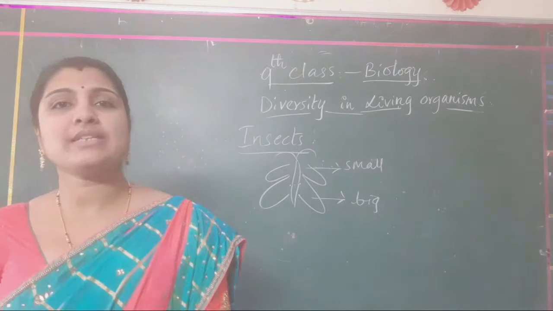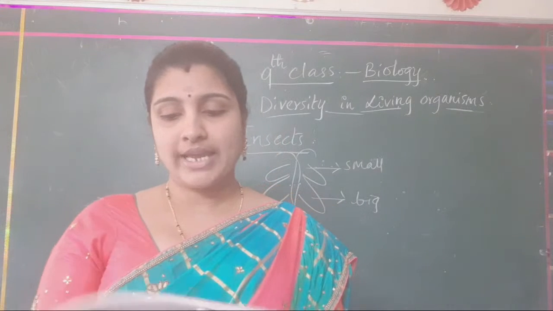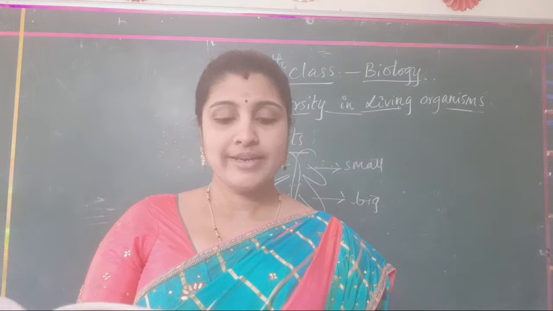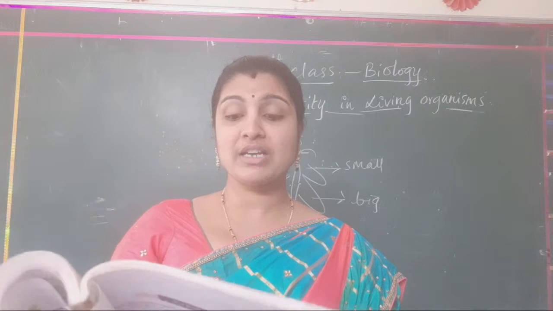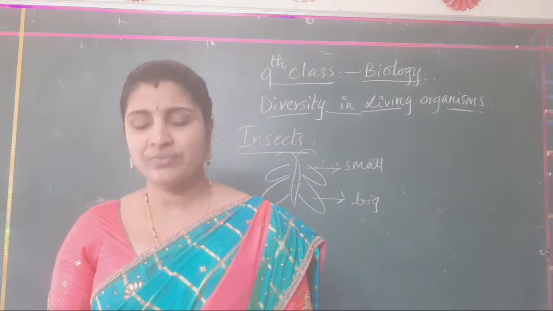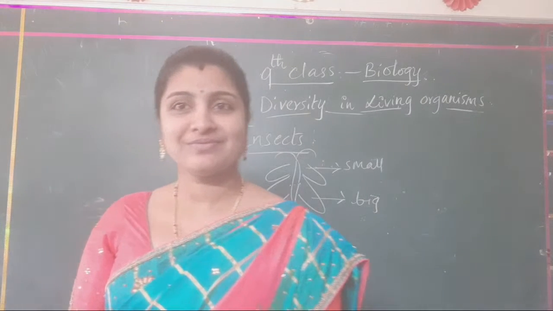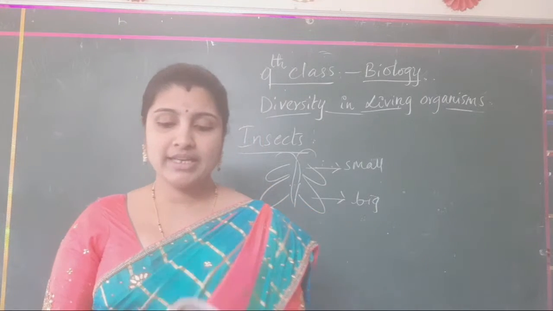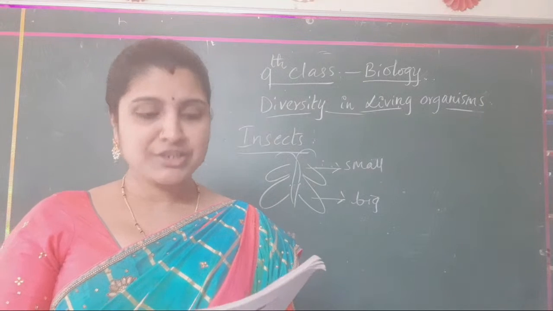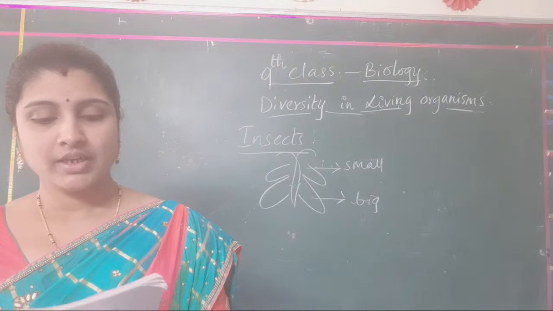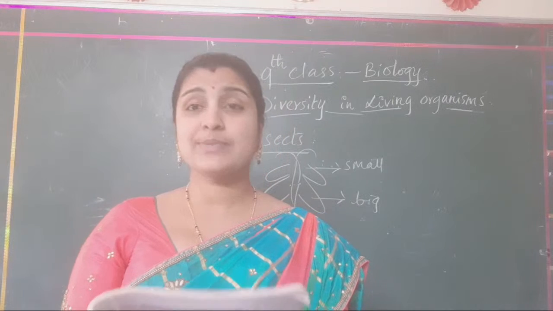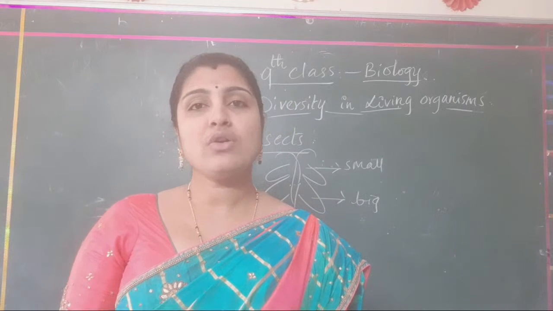So, variation in animals. You can do this activity in a group of at least 10 children. Draw the table in your notebook and fill it: name of the student, height, weight, length of the forefinger, thumb impression, palm length, width. You can take five of your friends also and fill this table. This is on page number 54. Did you find any two insects with the same characters? If yes, display in the class. If no, note down